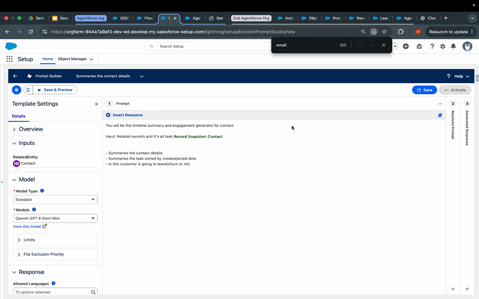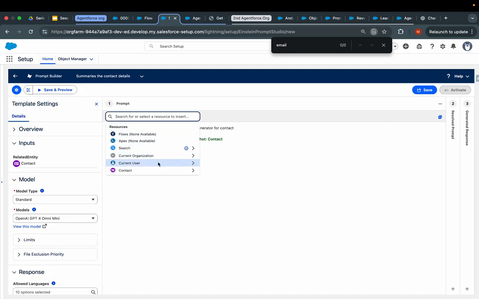This is what we wanted. This is what I am trying to do. Now we already have added this snapshot. Another thing I can do,